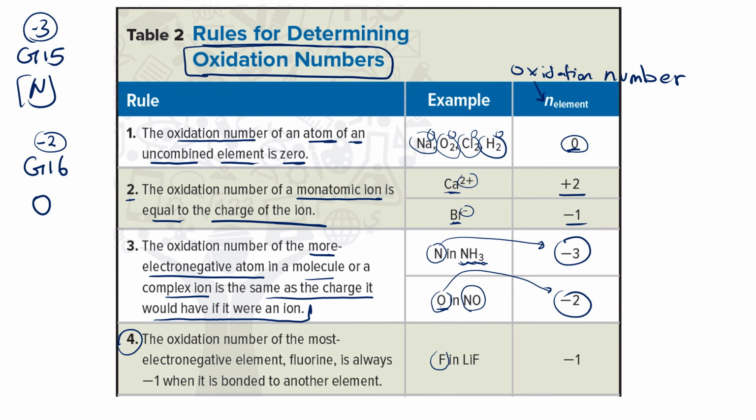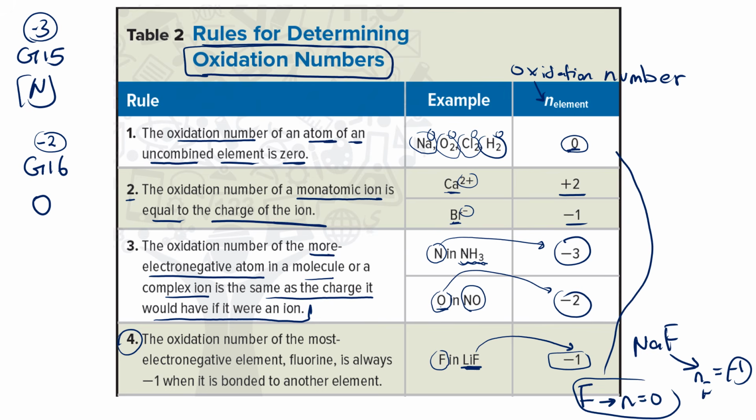أول ما تشوفون F which is fluorine in group 17، إذا كانت موجودة في مركب فالoxidation number of F will always be -1. If I have, for example, NaF, oxidation number of F is going to be minus 1. لكن لو عندي F بروحها the oxidation number will be 0 اللي هو في rule number 1 لأنها بروحها. بس لو كانت في مركب بتكون minus 1. So these are the first 4 rules. You can stop the video, repeat it again to understand more.